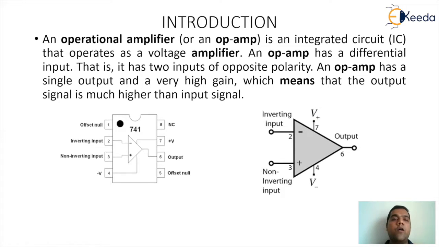Now when you look at the op-amp as a device, it was basically designed to process the difference of input signals. That's the reason there are two input points: one plus pin, defined as V plus, also called the non-inverting input pin, and the other one, V minus pin or the inverting pin of the op-amp. So overall, when I take the input as VID, where the term D stands for difference, that will be the potential difference between the plus pin and the minus pin of the op-amp.